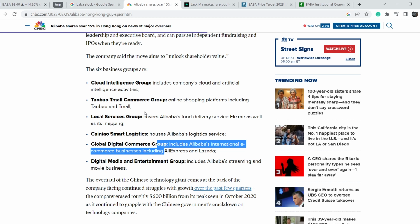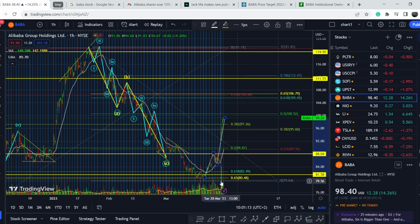And that is why this announcement shows that Jack Ma received basically a wild card to make this action happen in order to drive the value of his company much higher. This means the tech crackdown that was initiated in 2020 might be over, and the value of Chinese companies might go even higher, especially when we don't see anymore the problem of delisting Chinese companies from the US stock market. So definitely it is extremely powerful news, and this price action shows how important it is for the Alibaba Group